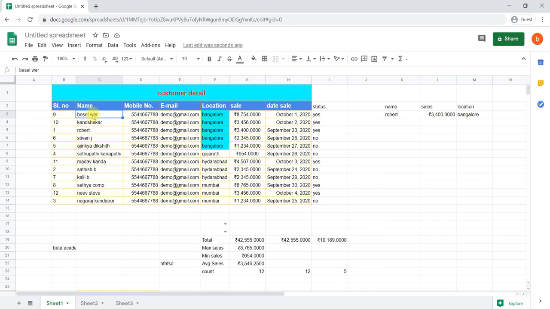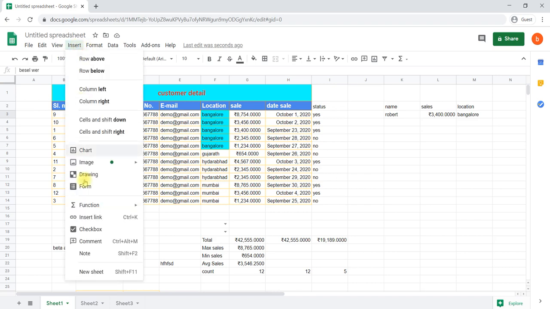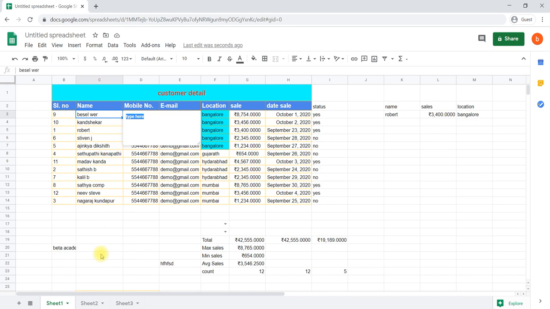For that we are using a note in the Insert tab. In the Insert tab, we have an option called Note. Select that one, and you can start writing a note like, due of 1000. Like this you can start writing a note, and click outside to come out from that particular note.